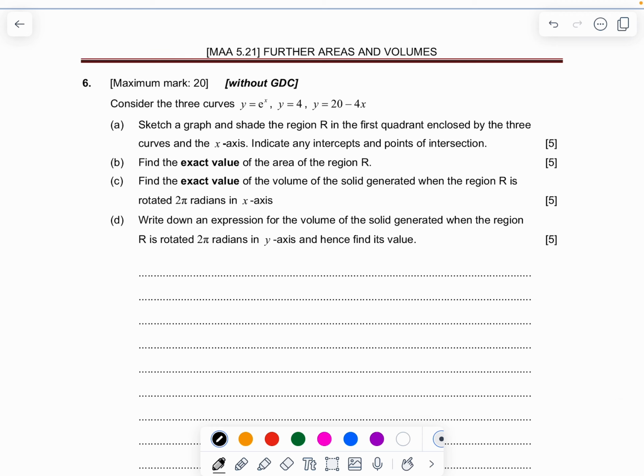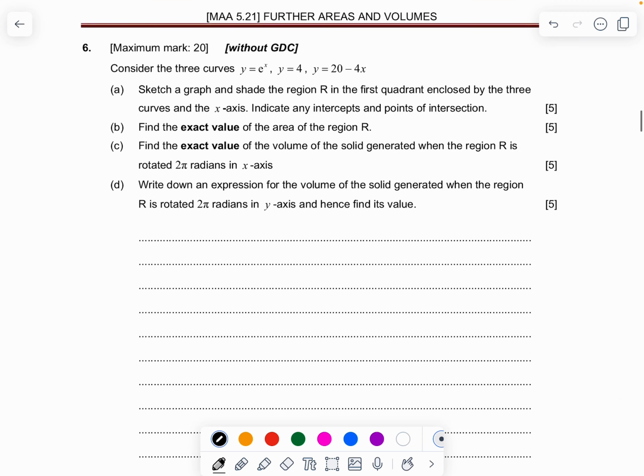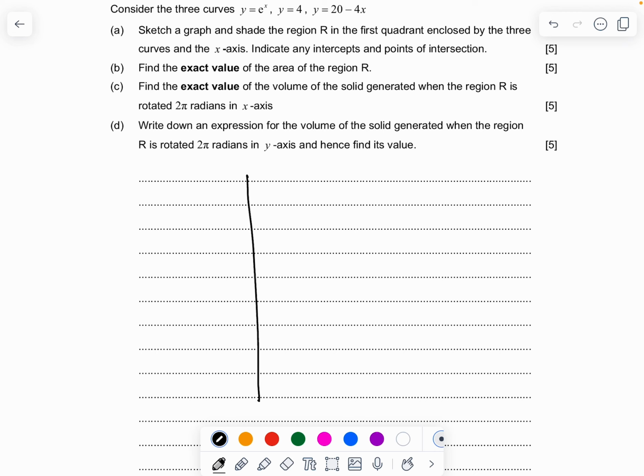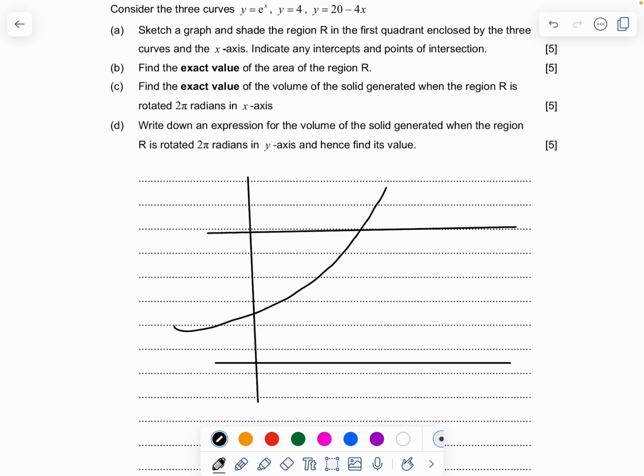Now consider three curves over there. Sketch the graph. So we are drawing the graph for this one. This is the e power x graph. This is a straight line equation graph intersecting at 5. This value is 1, and the point of intersection over here is ln 4, and this point of intersection is